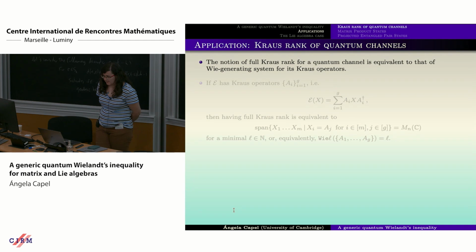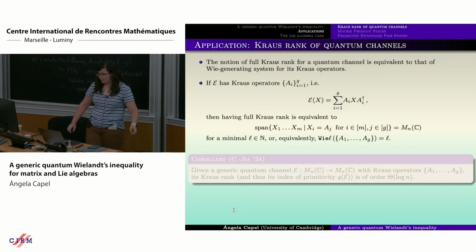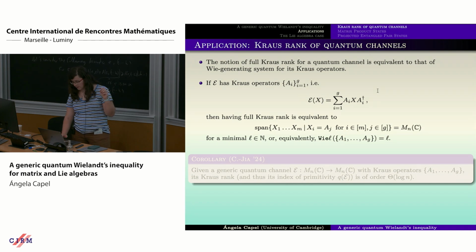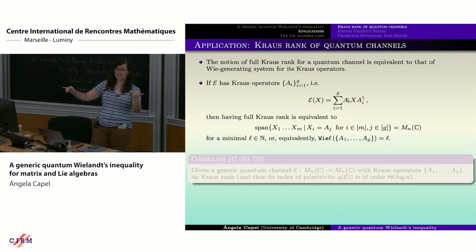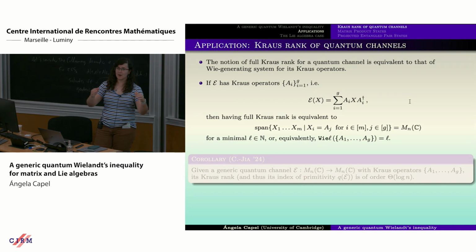But now, interestingly, if you take the Krauss decomposition of your channel, you can write it as the expression that I'm writing here. And now, when you apply the channel many times, so if you apply it twice or 3 times or whatever, what you're actually doing is adding more on the right and on the left these matrices A_i that I'm writing in the Krauss decomposition, which means that now I'm going to have a huge product of A_i's in front of X and the Hermitian conjugates after it.